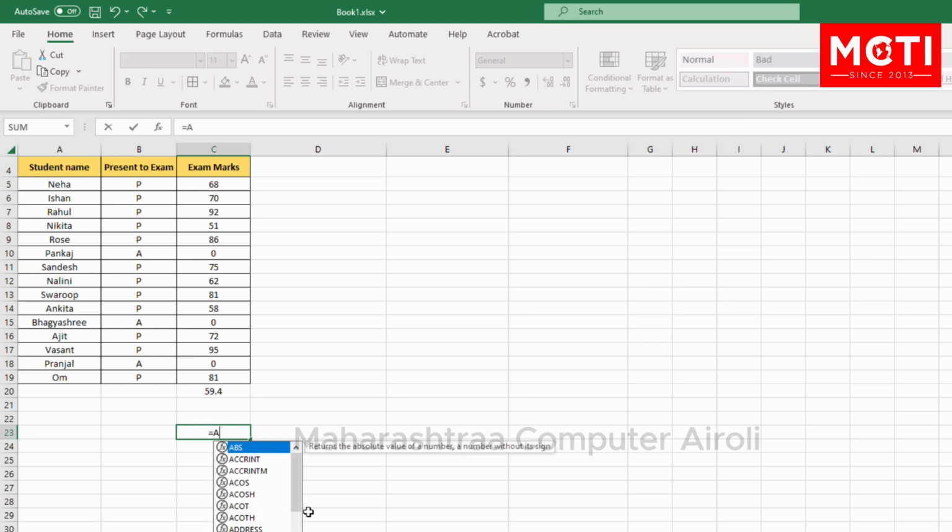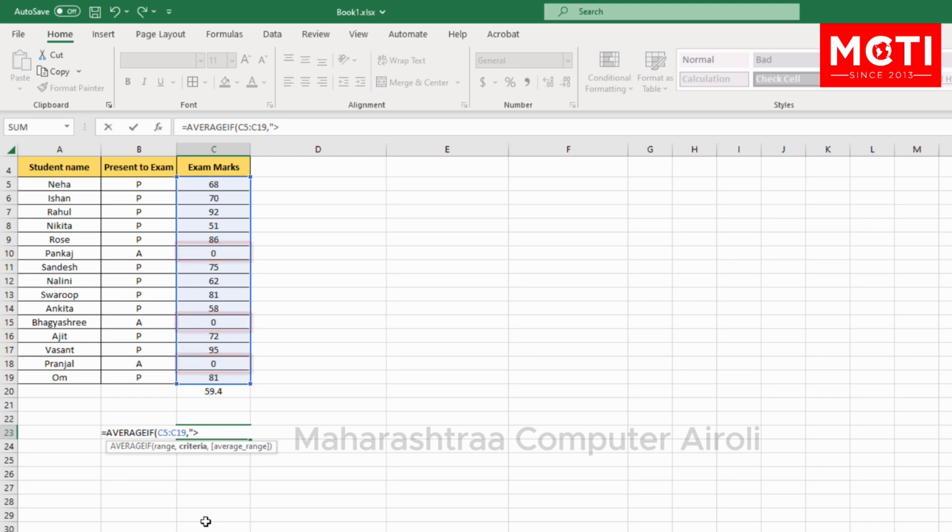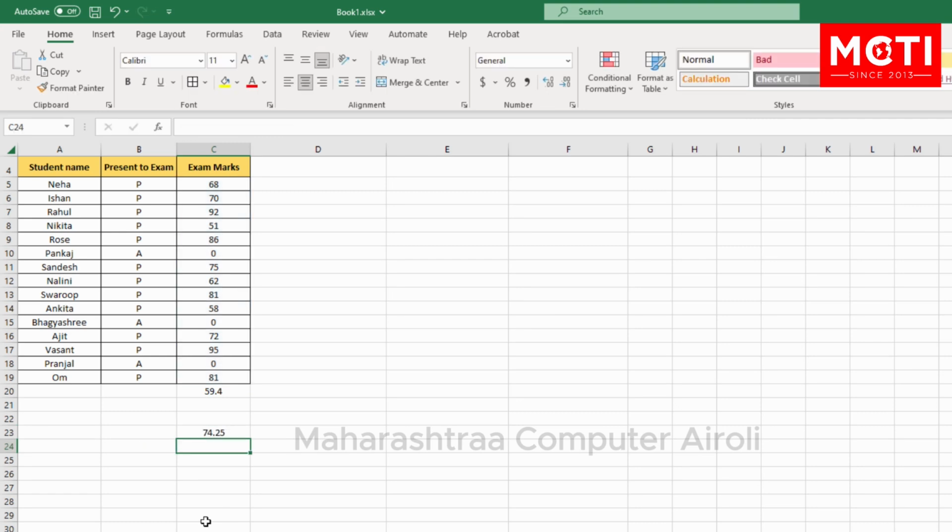Equal to average if, open bracket, select the column, comma, double inverted comma. This will work for the if condition. We want the average without zero. So greater than sign. Why greater than? Because we want to calculate values which are greater than 0. Then type 0, complete the condition with double inverted comma, close the bracket and hit enter.